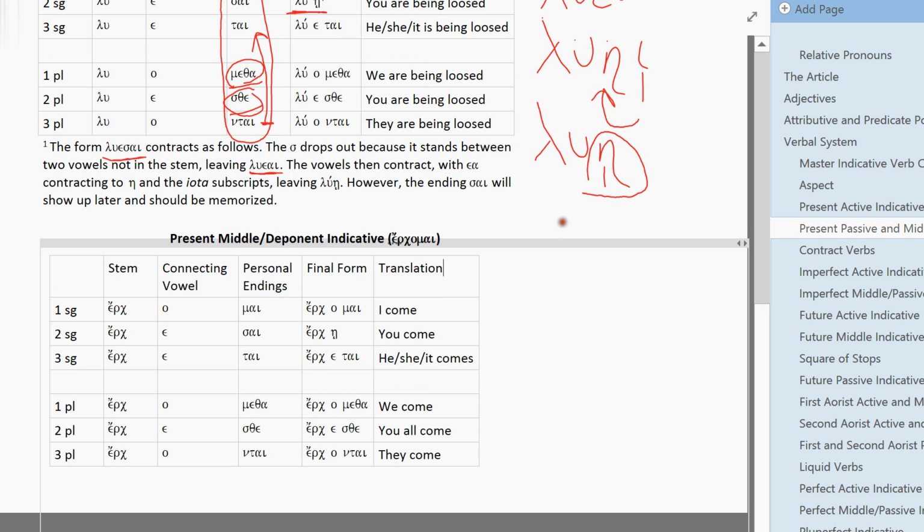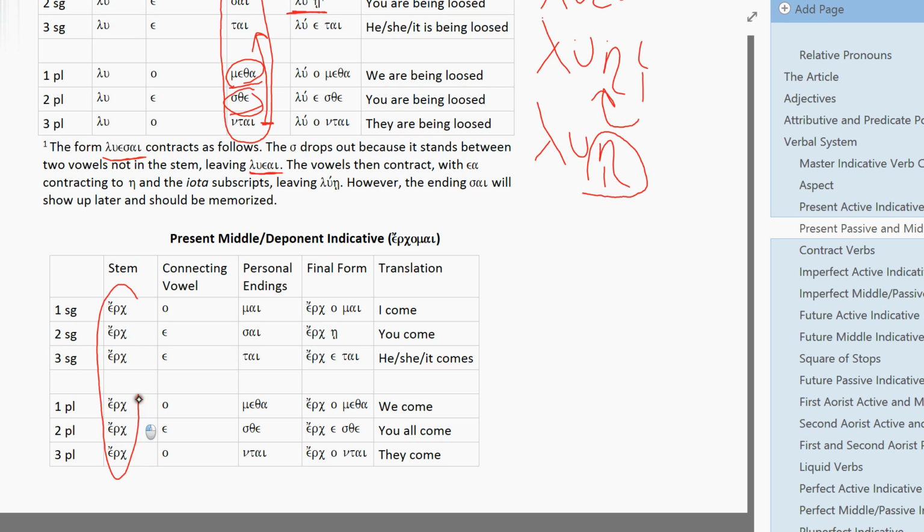Now what we have here is erchomai, which is a very common middle deponent indicative verb. And you can see the stem, the present tense stem, all the way down, erch. And then you add the omicron epsilon connecting vowels, and then you add the endings. Now the only thing different here, the reason why this is deponent, is because erchomai is actually the lexical form. There is no form such as this, meaning to come with an active meaning. That does not exist. It's just erchomai. So it's deponent because it has this middle form with an active meaning, meaning to come.